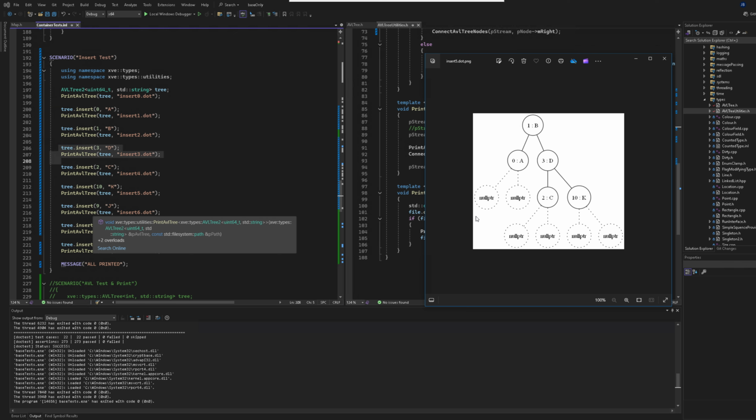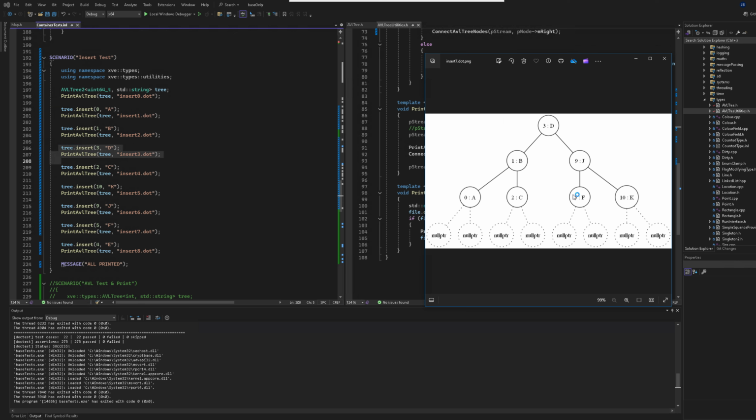We add F. We can see F fitted in nicely here, and we add E. E goes down the left-hand side here. We haven't rebalanced this yet, and I could go on and on and on. I'm really, really happy with how this implementation's come along, and this is going to speed up my iteration and the insertion of